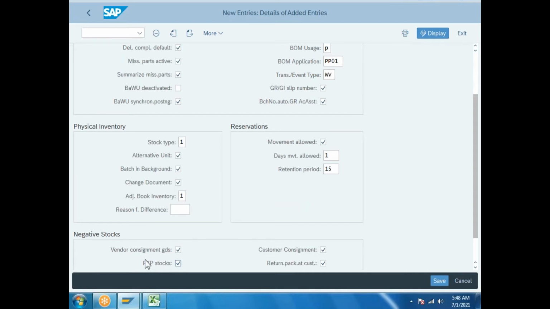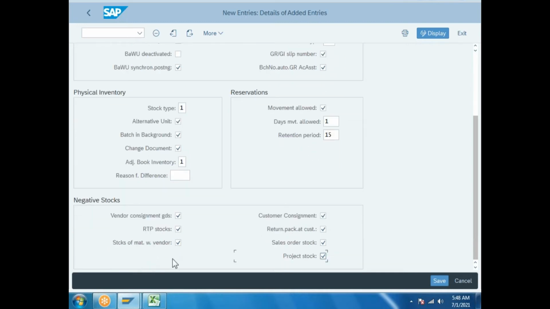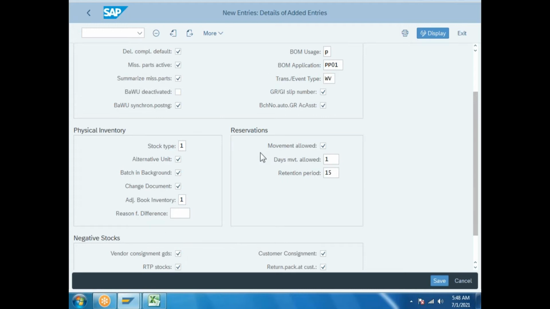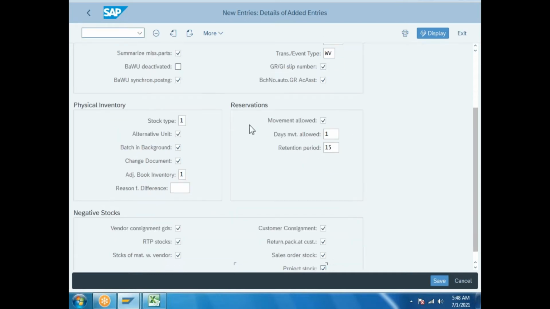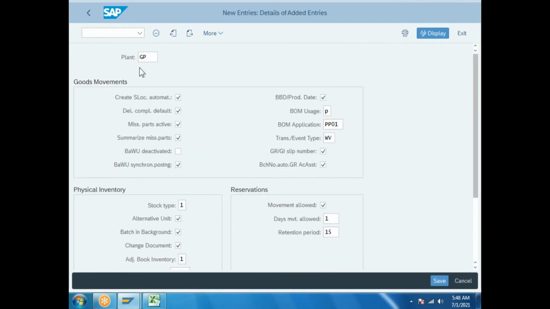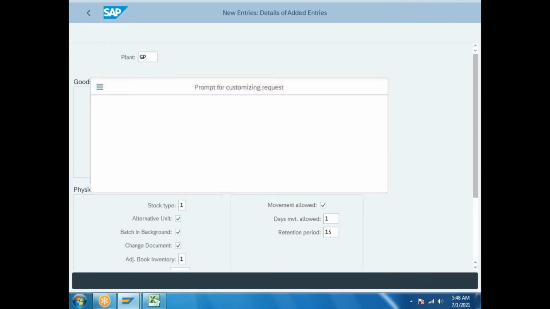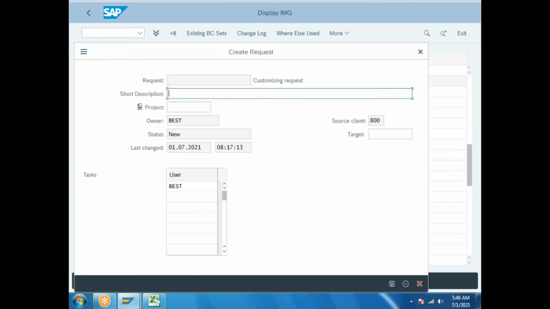Maybe you order 100 boxes and you have 20 boxes, excess stock of 10. What kind of policy is activated? Reservations: a customer can book the stock, reserve my stock. Maybe these Apple phones, 100 phones, maybe reserve, keep them aside, and we put them in the warehouse. These are all things we need to activate at plant level. I have 3 plants: second plant, again you need to activate it. Third plant, again you need to activate all the plants. This is called plant parameters. Very, very important point for an interview question. Define.